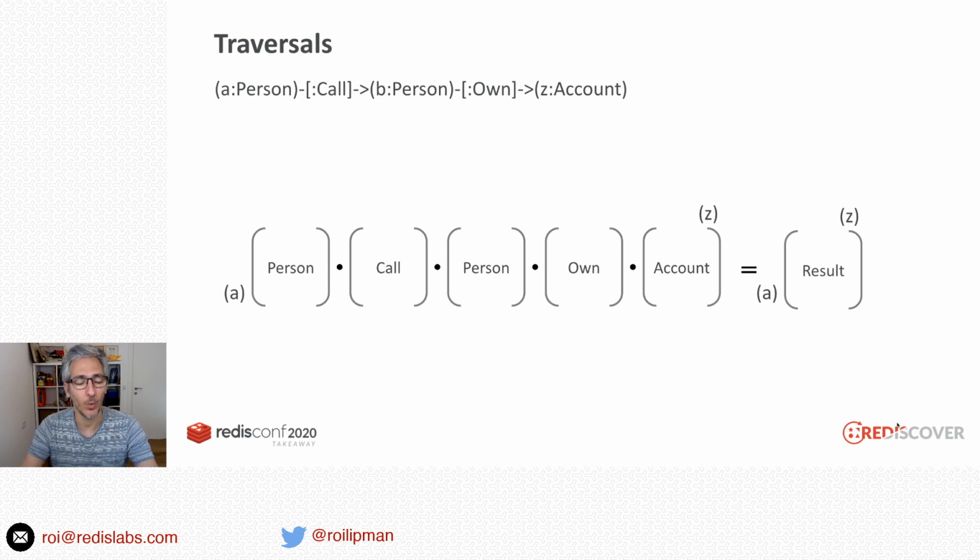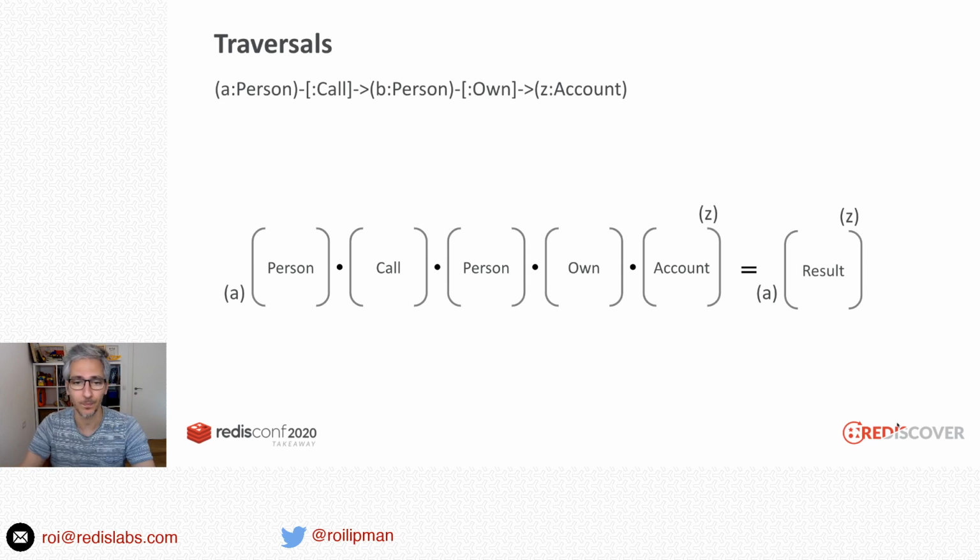And so what Redis Graph would do when presented with this pattern, it will compose an algebraic expression, a set of matrix multiplications. In this case, we would multiply the person matrix with the call matrix times the person matrix once again, times the own relation matrix, and end up multiplying with the account label matrix to end up with a result matrix, which would tell us which A persons satisfy this pattern and will eventually reach this Z